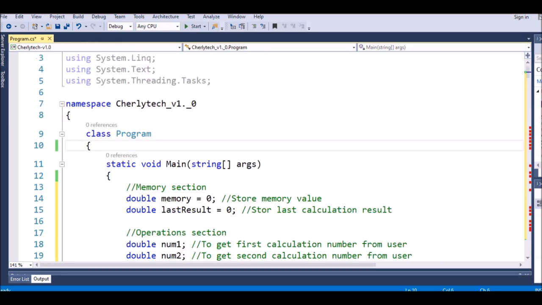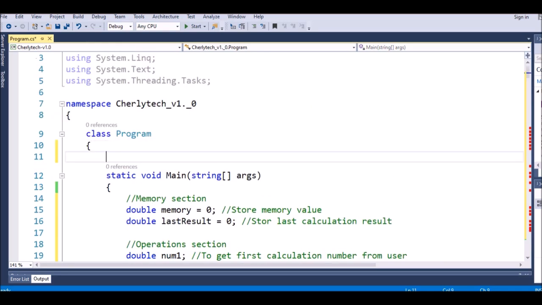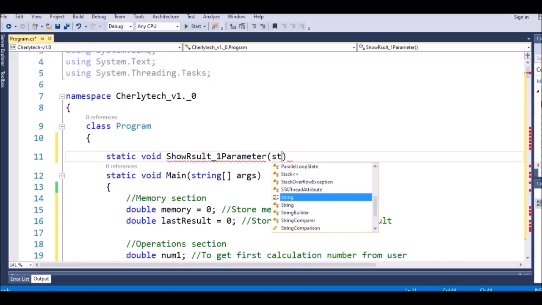Outside here, I create this, say static void show result one parameter, and here we say string